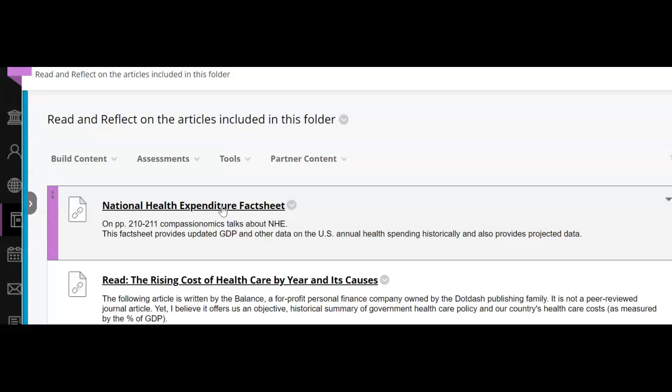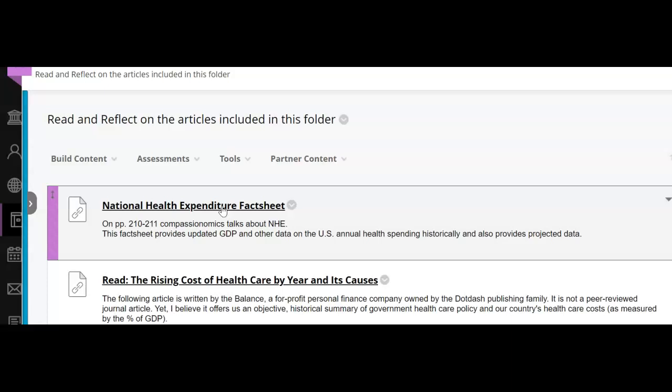What that meant is a total of $3.3 trillion was spent on healthcare in 2016, and in 2021, that's up a full trillion. When we're talking trillions, that is just so significant. So from 3.3 trillion in 2016, it went up to 4.3 trillion in